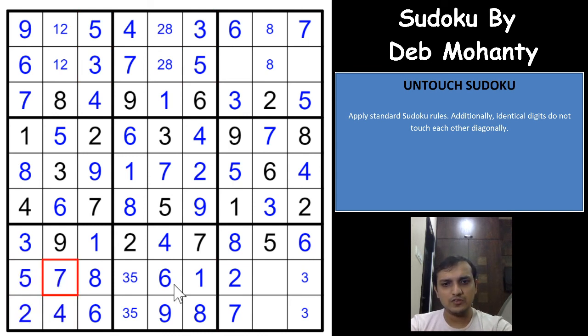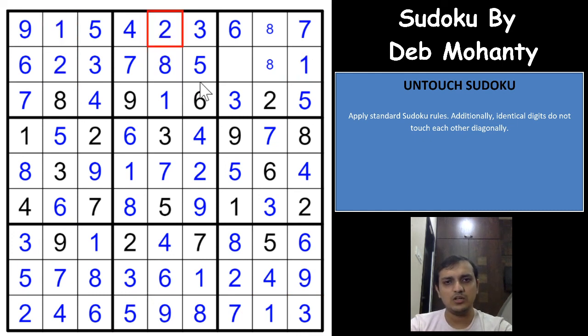This has to be 4 and 7, and this has to be 4 now, which means 1 and 9 are remaining, and 9 here, you will have a 9 here, which gives you a 3 here and a 1 here, which gives you a 5 here and a 3 here. Excellent. So which means this has to be a 1, which gives you a 2 and 1 here, 8 and 2 here, and this gives you an 8 here, and the 2 digits here are 4 and 9, right? Which means this has to be 9 and this has to be 4, right? With that, we complete this gorgeous untouched Sudoku.